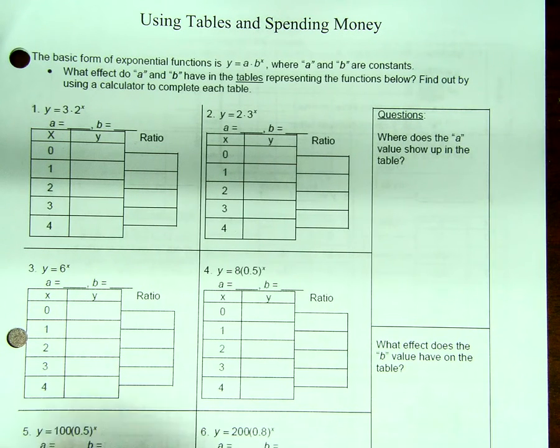So we're going to look at some of these equations and their tables and their ratios and just make observations. We're not going to draw any conclusions until we have enough data. So if you see something after we do problem 1,